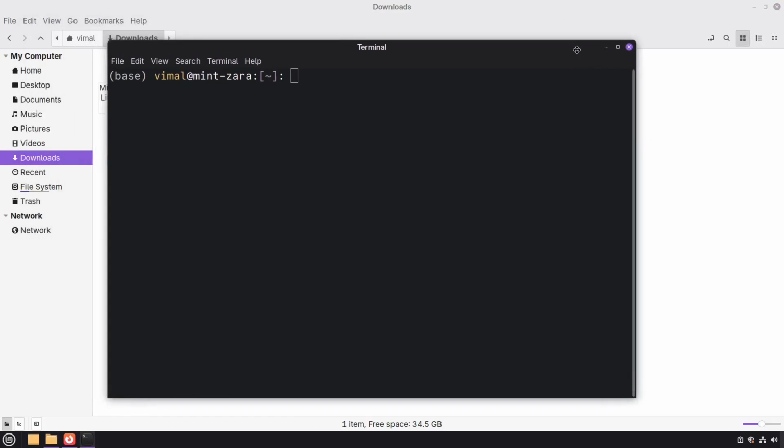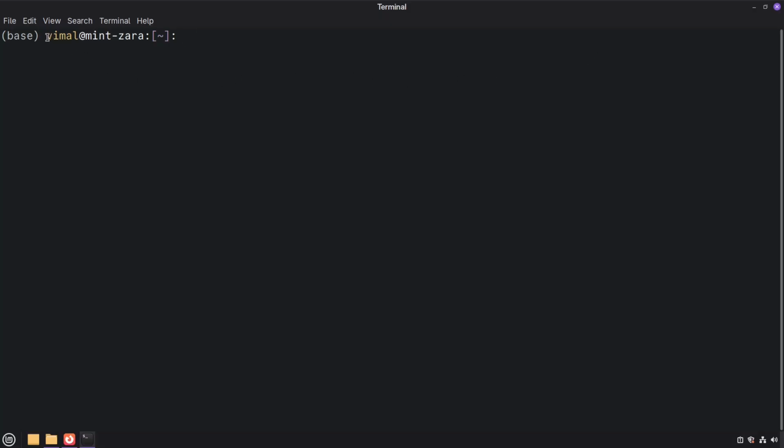When you open a new terminal window, you can see that there is a label called base at the beginning of the prompt. This means the Conda base environment is active, and you will also be able to access the conda command. This, for example, will just print the Conda version, which is 25.3.1 at this time.